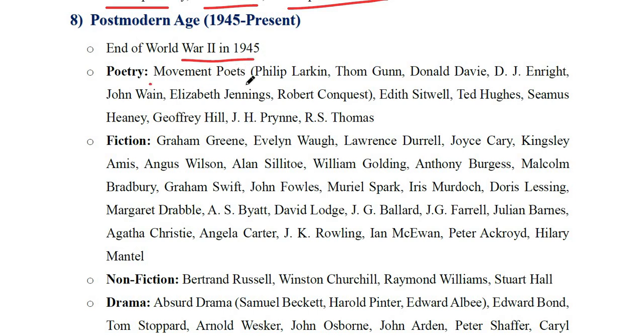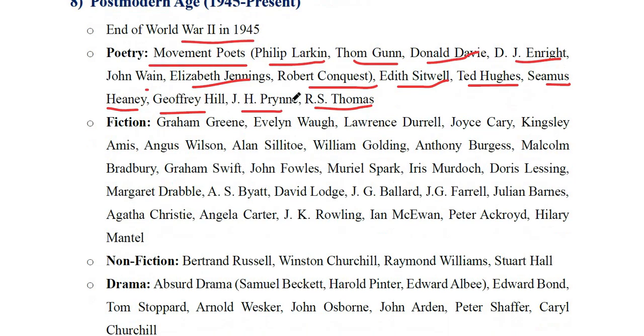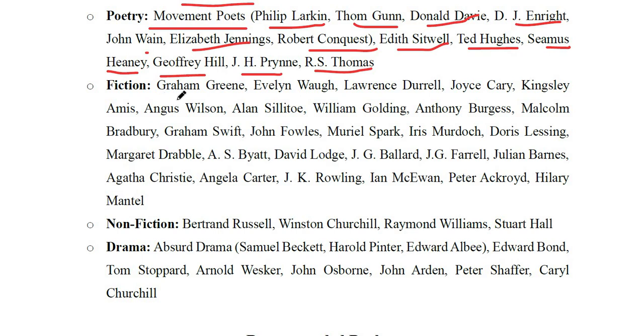In poetry, we have movement poets like Philip Larkin, Thom Gunn, Donald Davie, D.J. Enright, John Wain, Elizabeth Jennings, Robert Conquest. Then we have Edith Sitwell, Ted Hughes, Seamus Heaney, the Nobel awardee, Geoffrey Hill, J.H. Prynne, R.S. Thomas. In fiction, we have so many writers: Graham Greene, Evelyn Waugh, Lawrence Durrell, Joyce Cary, Kingsley Amis, Angus Wilson, Alan